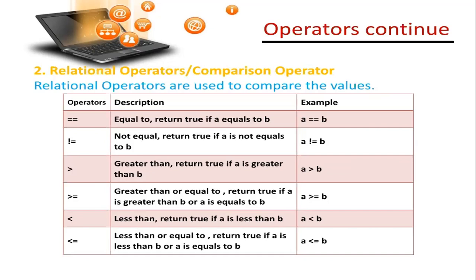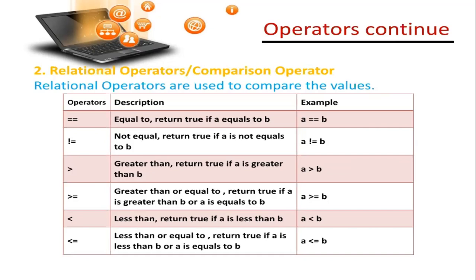Next is exclamation mark equal to. Exclamation mark in any coding language normally refers to the operator not. So if you apply that to this, it means not equal to. Okay, so when I say A exclamation mark equals B, I'm asking Python if A is not equal to B. That means it will return true only if both the values are different. If both values are the same, I will get a false.